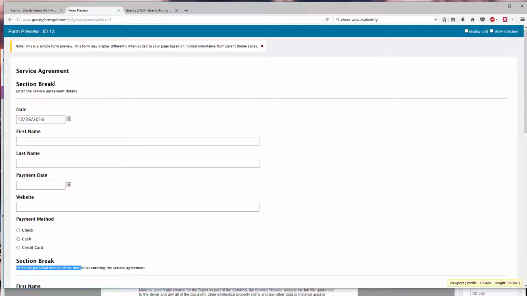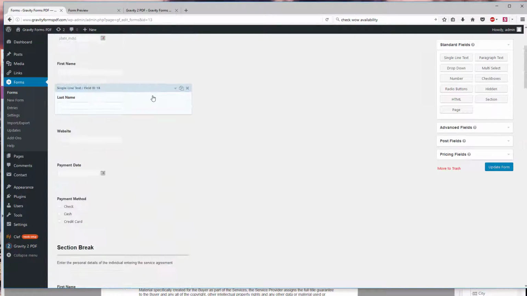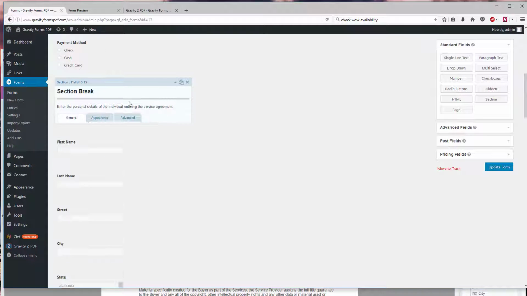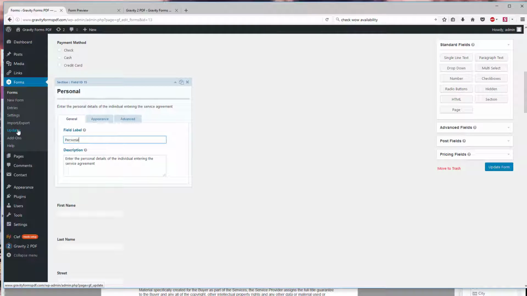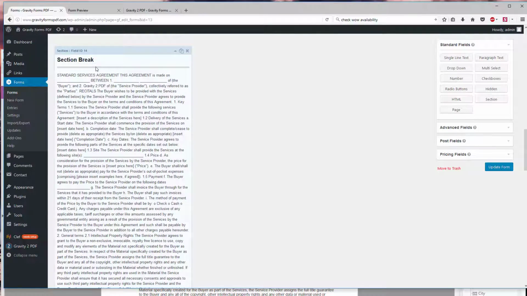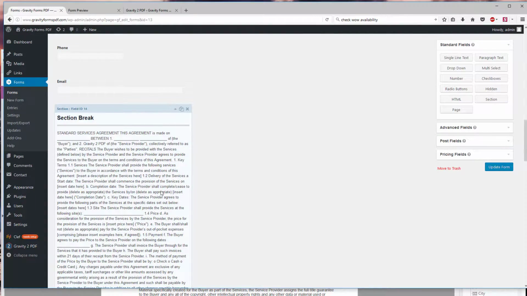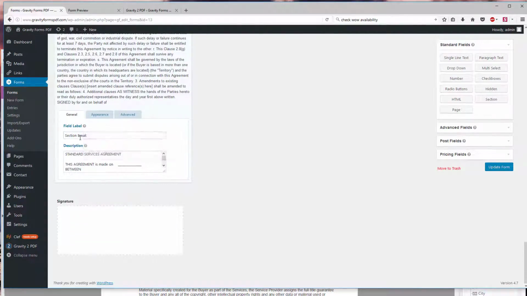So it looks like I've got just a couple things to do here, and then we'll clean this up just a little bit more. And instead of naming this section break, we'll say agreement, and then we'll say personal details, and then lastly down here, I'm going to label this service agreement. Okay, and then I'm going to update my form,